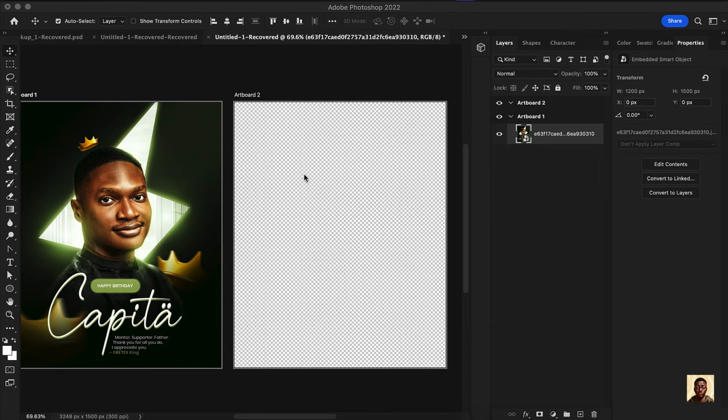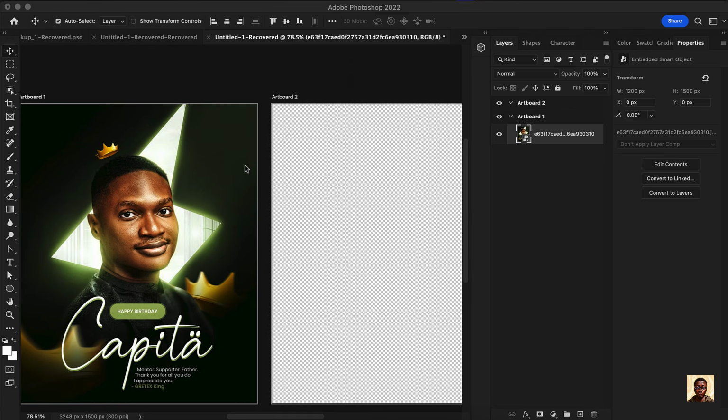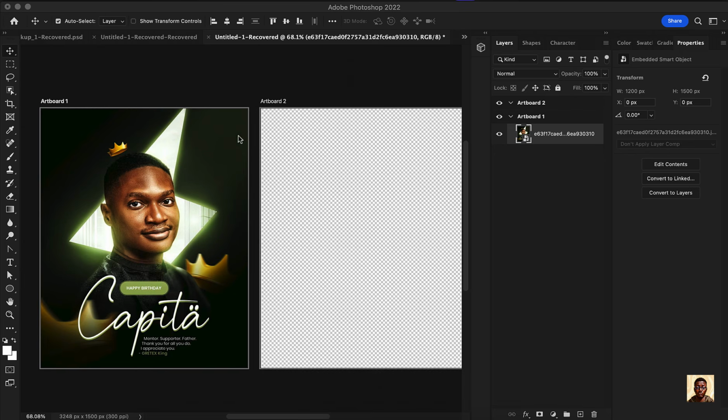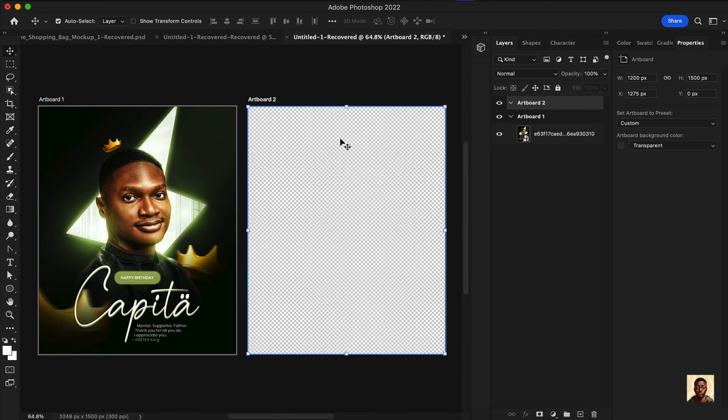Alright guys, so let's get started. As you can see, I have the flyer on the left hand side. Let's try and recreate this inside of Photoshop. The first thing you need to know is the size of the document I'm using is 4x5 inch. I'm just going to be making my designs here at artboard 2 as we've done in previous videos. So the first thing I'm going to do is select artboard 2, make sure it's selected,